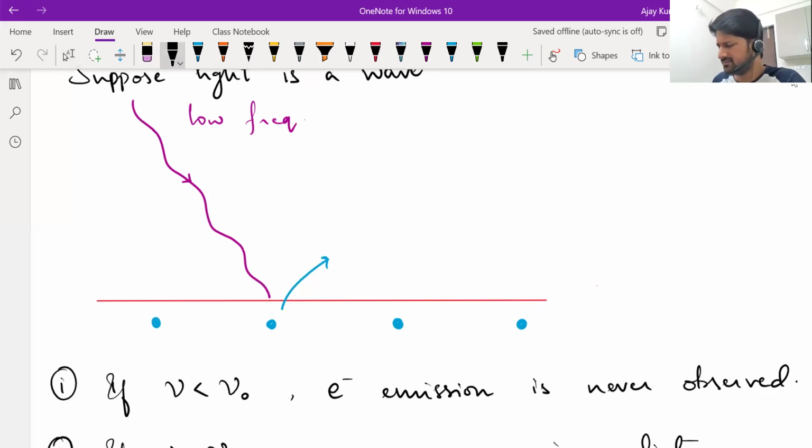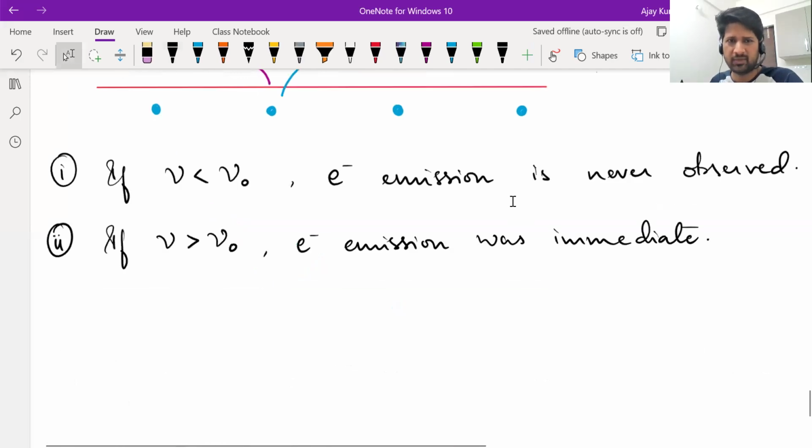Let's say, I can't actually quantify, a time t1 is needed for electrons to come out when the frequency is just equal to the threshold frequency. Now, when you take a frequency significantly higher than the threshold frequency, let's say 10 times the threshold frequency, then basically you are making stronger, higher energy radiation incident on the electrons. Then in a time less than t1, the electrons should get emitted. But it was found that once the frequency is beyond threshold frequency, irrespective of what frequency is incident, electron emission happens at almost the same time.